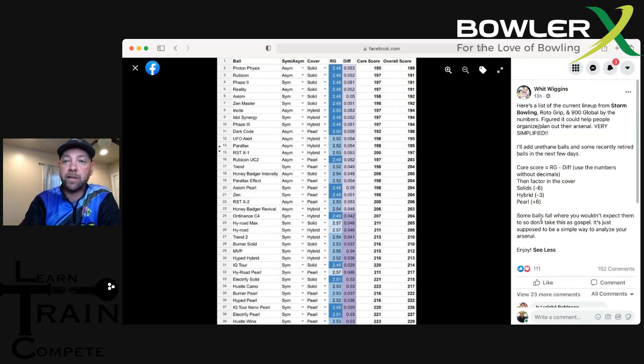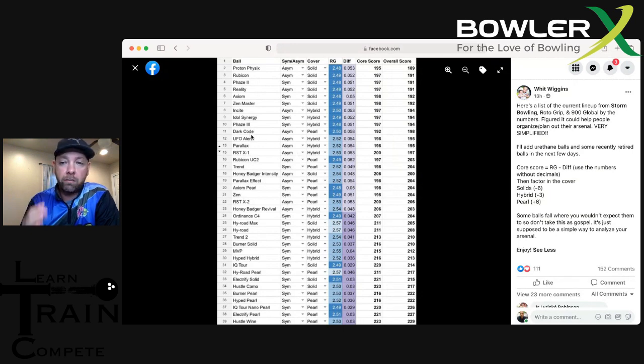It looks like he edited this post based on the discussion we've been having throughout this entire forum. He's absolutely right. It is a simple way to put bowling balls together. Now, here's where some of the issues come in. Somebody says, well, the UFO on row 12 is stronger than the Dark Code, so shouldn't that be higher? To me, that doesn't matter. They're real similar in numbers. My point is, you wouldn't want both of those balls in your bag.